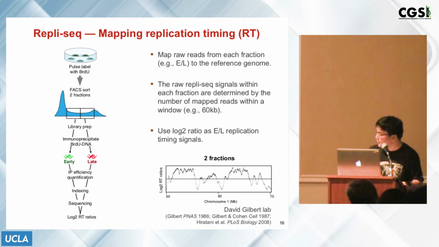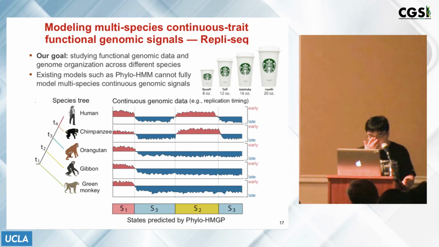And if this part of the plot is considered late. So the higher the signal, the earlier it is. The lower the signal, the later that particular region of the DNA is replicated. So the question is, if you have this type of data from multiple species, like in